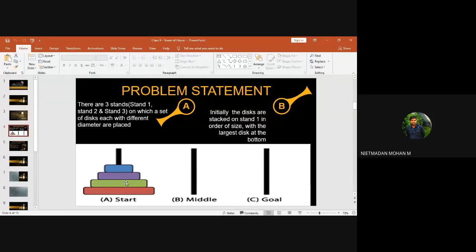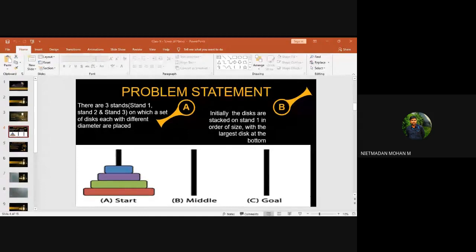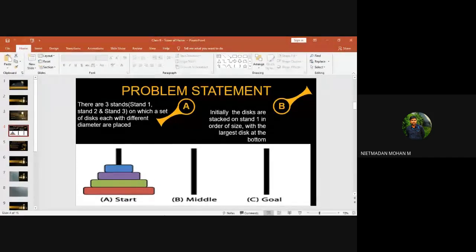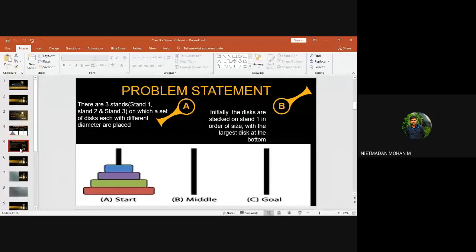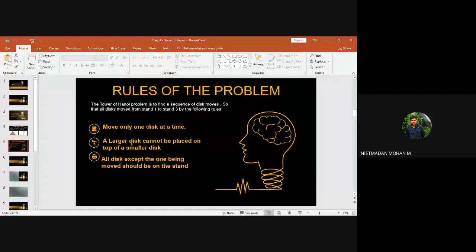So this is the condition, and what we want to do is shift the discs from A stand to C stand. So this is the problem for you. Whatever discs they are giving, you want to shift those discs from A stand to C stand. So that is the problem, and there are some rules for doing this problem.